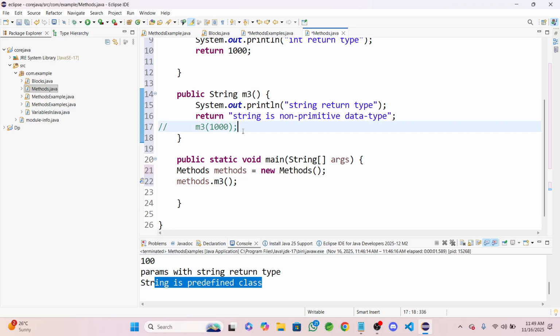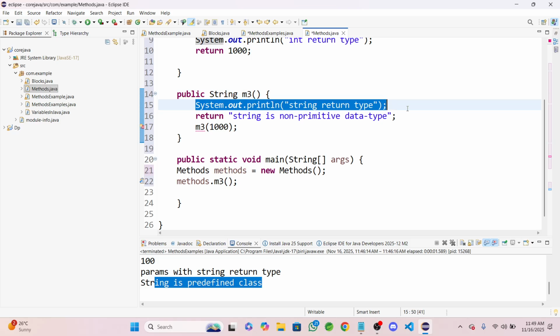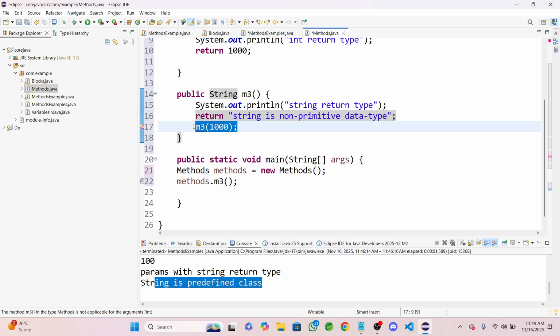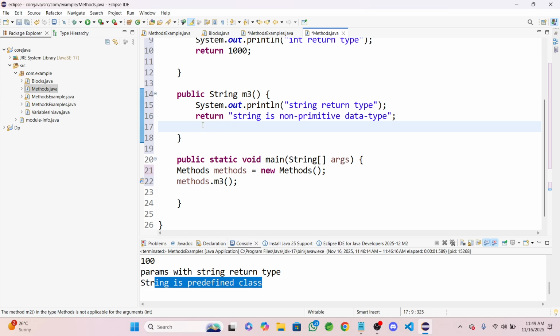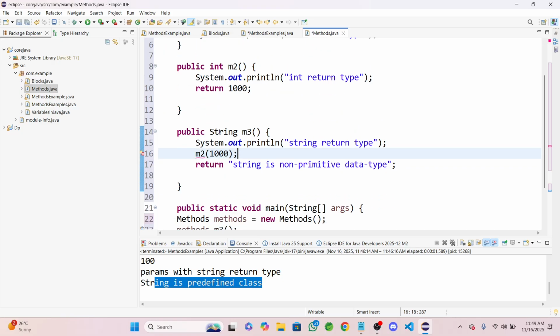Method 3, if I pass here, the JVM goes to that method after creation, when you are calling the specific method. It will see that there is one print statement, execute it and return, then it comes out of that, because its work is completed up to the return type. So if you are writing something after the return type, it won't be accepted. Just write before the return type. Just call the int,